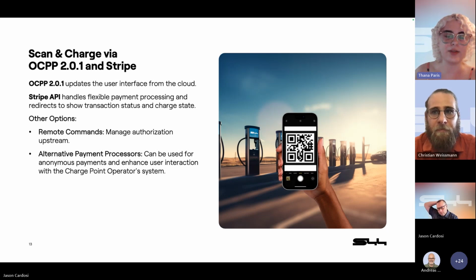You'll have to be at the charger in order to see what the state of charge is. So this overall flow under the hood involves a trigger after the payment processor has authenticated payment. A remote start, an OCPP command to authorize a charge, is sent down to the charger, which initiates the electricity